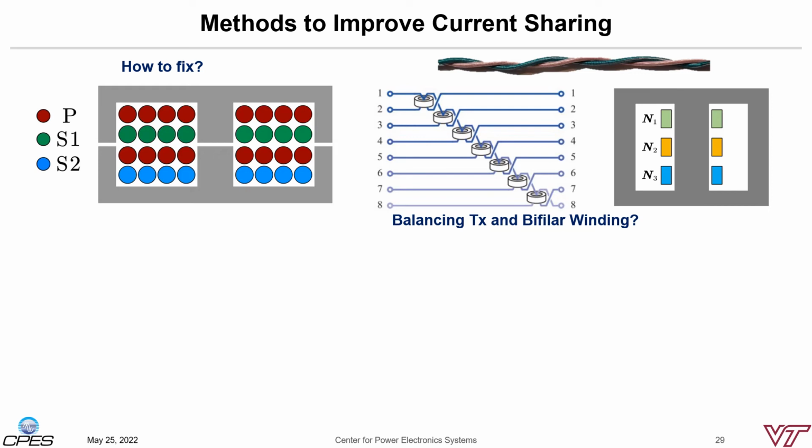External balancing transformers have also been used in the literature, but that doesn't make sense in a high-density transformer design, since it's basically adding an external transformer, which compromises the power density. So if we want to improve current sharing, it comes at the expense of either power density, leakage inductance, or